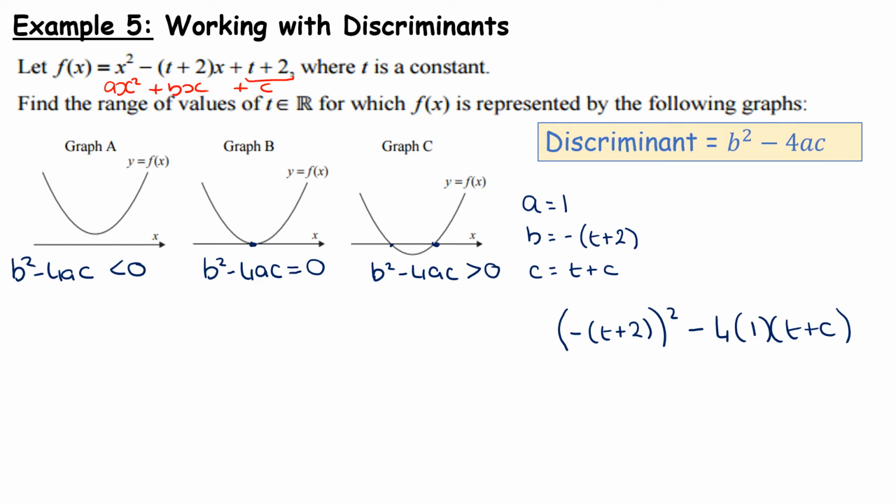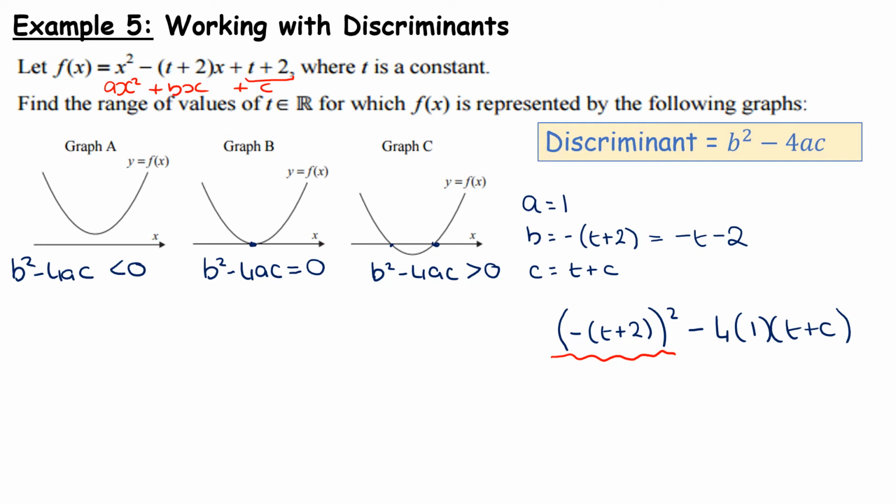Now, a lot of students would actually, for b, multiply in that negative, minus t minus 2, and then square it. That's perfect. However, if I'm squaring a negative number, it's the same as if I'm squaring a positive number, because any real number squared is positive. So if I had 3 squared, it's the same as minus 3 squared. So how that helps us is, if I want to square this out, it's the same as t plus 2